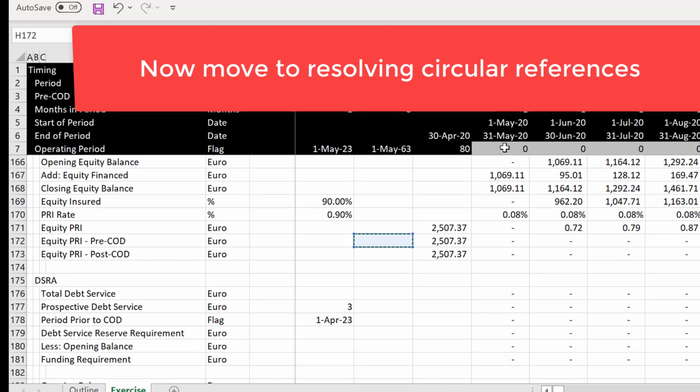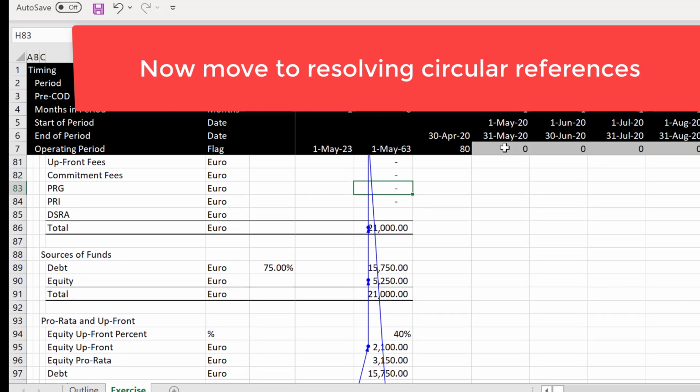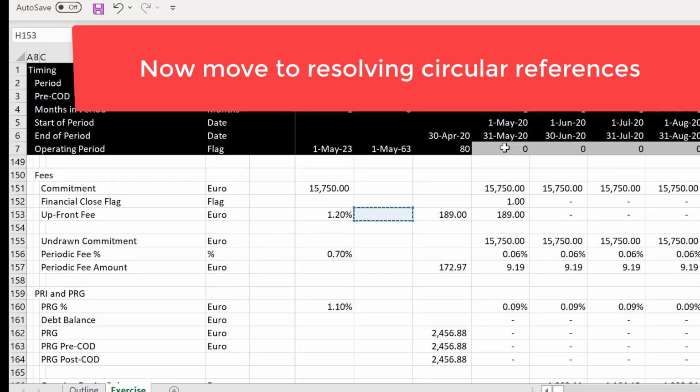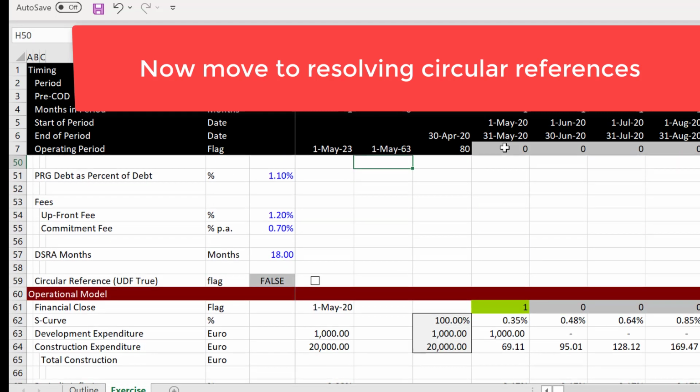Oh, shit. I think I just messed up. PRG and PRI. I never get these stupid names right anyway. PRG first. Pre-COD. Okay, and then finally,